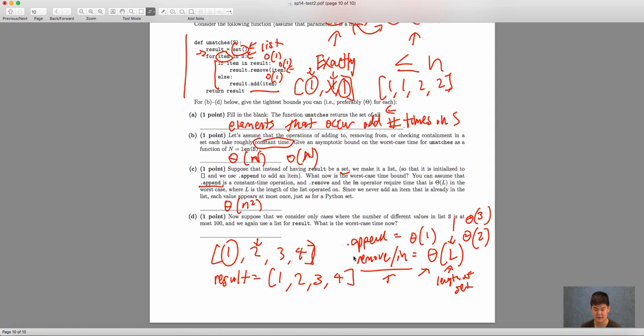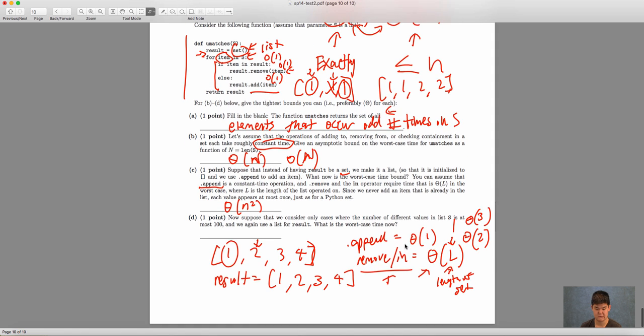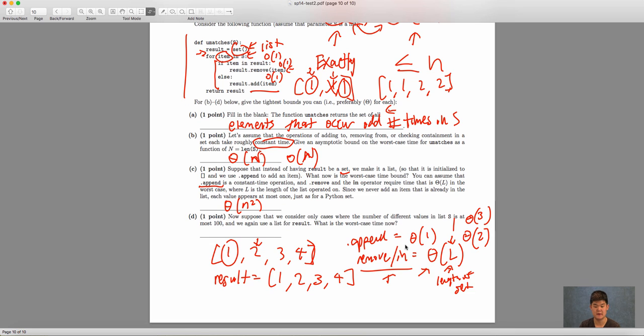And so what'll actually happen, if we can draw it out, whoops, I don't have room, is for every element, result will be getting 1 bigger. And so let's just say we're going this way with elements, and then we're going this way with the L, and it'll actually sort of look like a pyramid, where every time L will be getting bigger, and we'll have to be looking at more things. And so when we increase n by 1, L actually will get bigger by 1, and we'll actually have to be doing